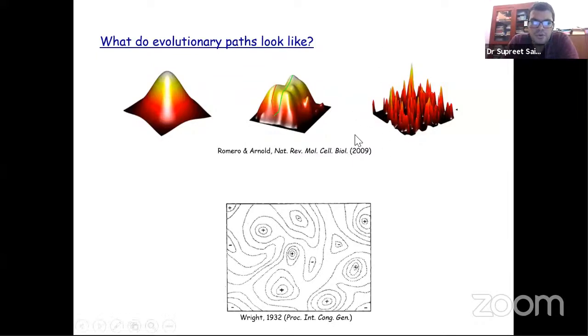And all of this, while this was being realized in 2009 experimentally, in the last decade or so, we've been doing experiments and theory to confirm some of these things. This was actually predicted by Sewall Wright in 1932. And this is an image from his paper, where the pluses indicate peaks and the minuses indicate valleys. So Sewall Wright viewed evolution as movement on this terrain which is full of peaks and valleys, and that is very much something that we're still scratching the surface of, even after close to 100 years.